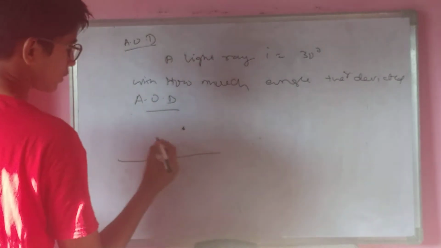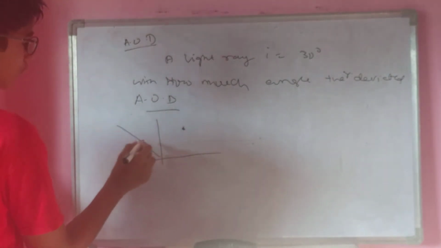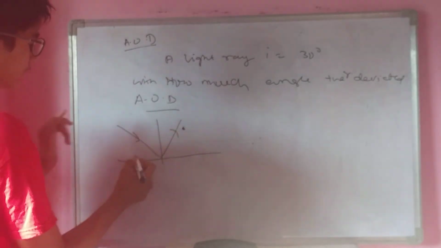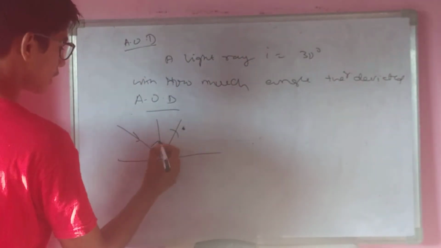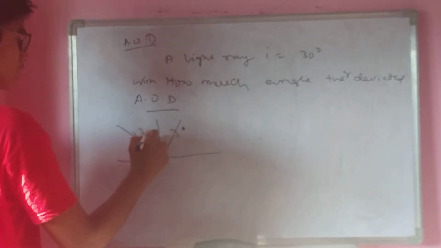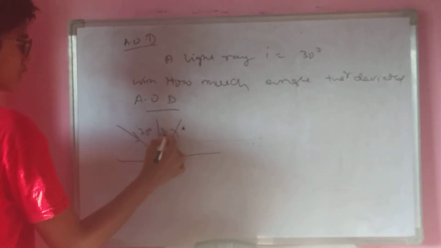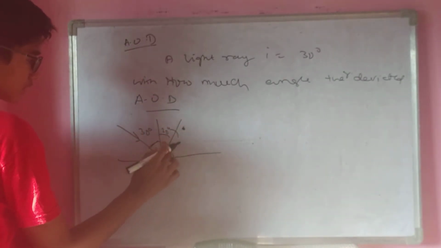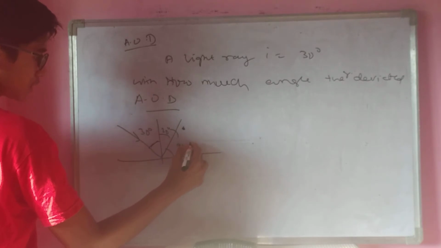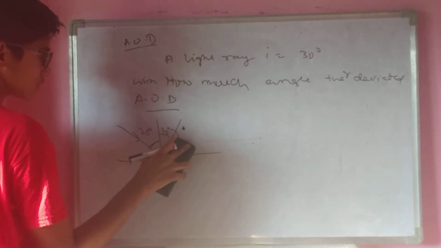Yes, no? Firstly, I am explaining this without the formula. Simply a ray. The incident angle they had given is 30, so this is 30. This is also 30. This total is 90, this is 30, so this is 90 minus 30. Yes, no? This is 90 minus 30, in the sense this is 60.